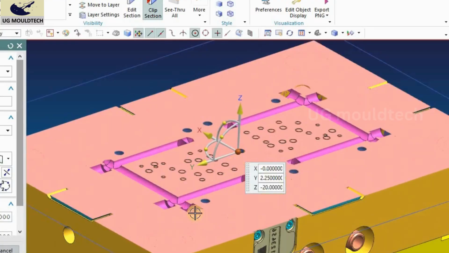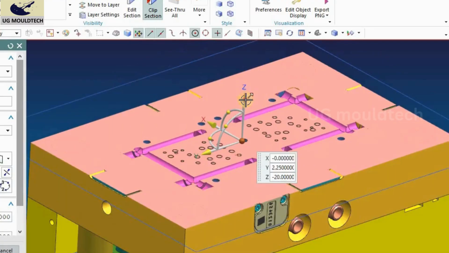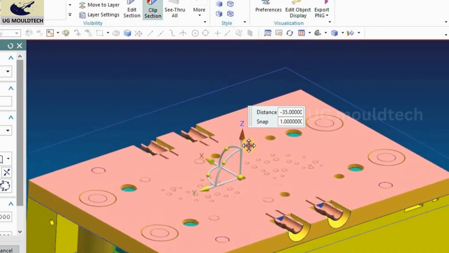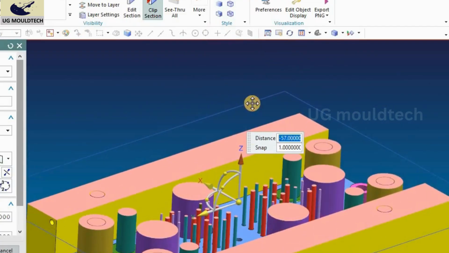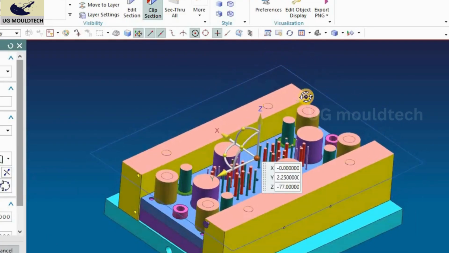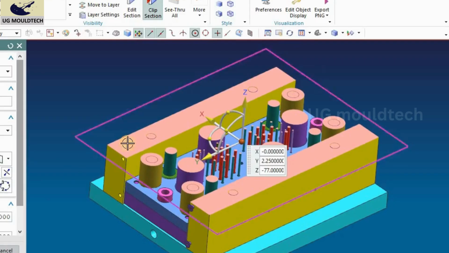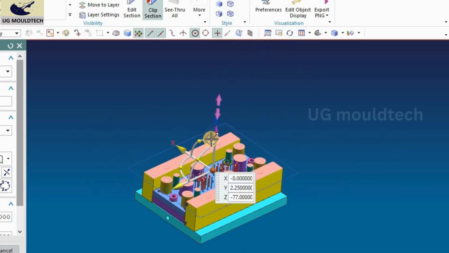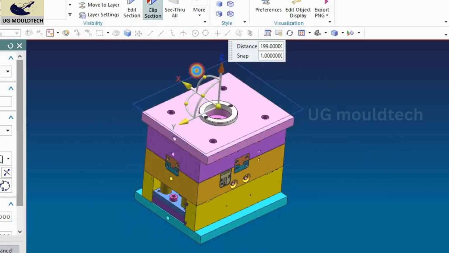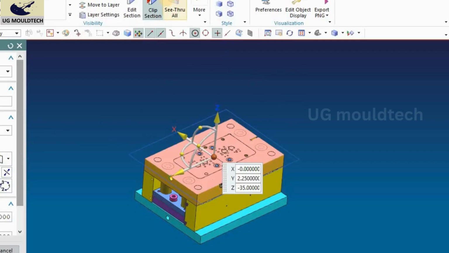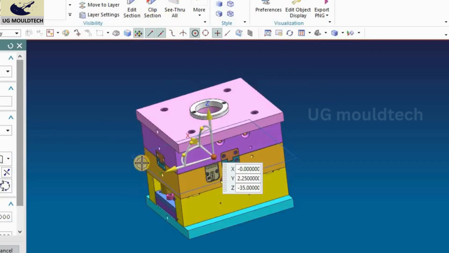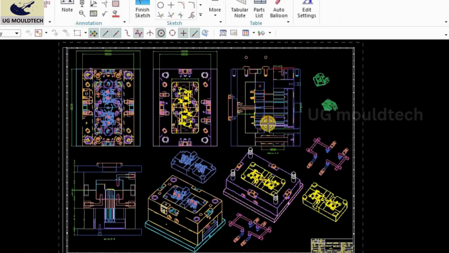This is the cooling channel also, you can see. Now we are going to our spacer blocks, ejector pins, ejector plate, ejector back plate, okay, and the bottom one. Okay friends, this is the mold. We are going to see the assembly drawing. For this we are going to see the assembly drawing of this tool. So we go to,